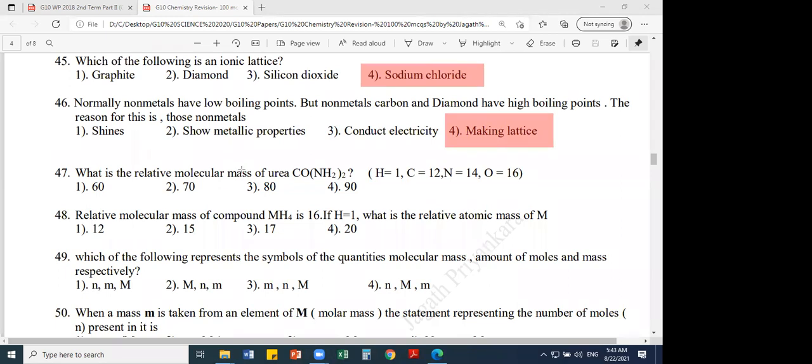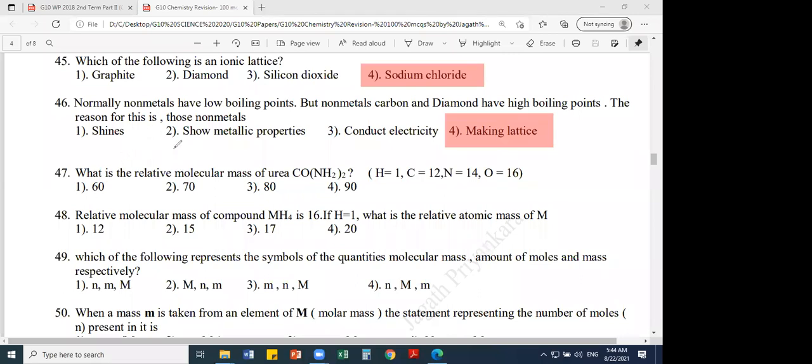Okay, now from 47 onwards, the hardest lesson for grade 10 students: chemical calculation, or quantification of elements and compounds. That's the topic of the lesson, unit 7, which they find difficult. But it's all calculations around a few equations. Therefore, if you know how to apply the values to those equations, then you will find it easy.